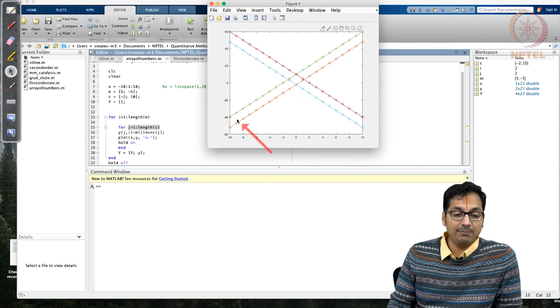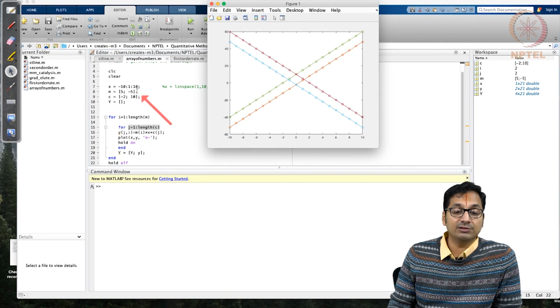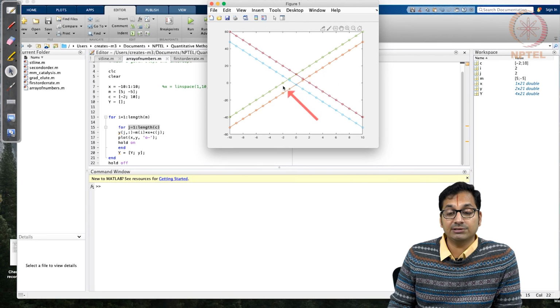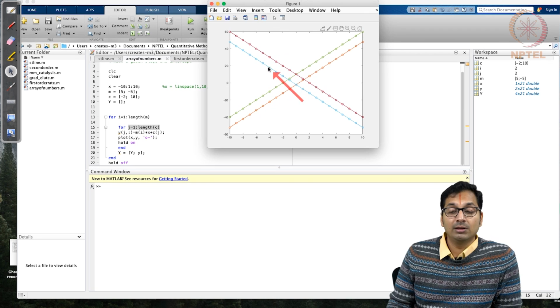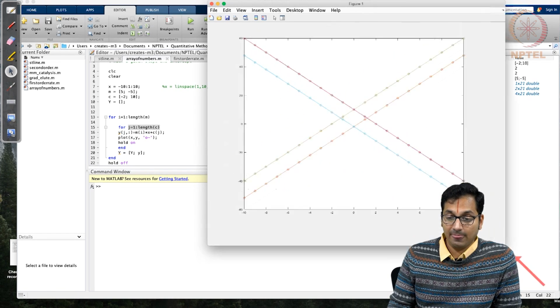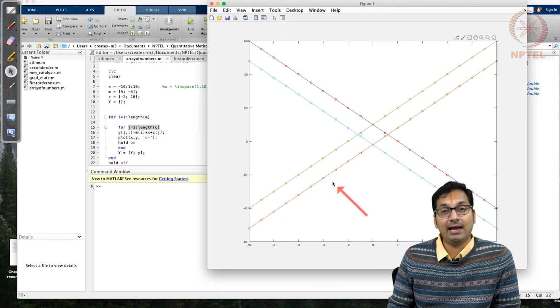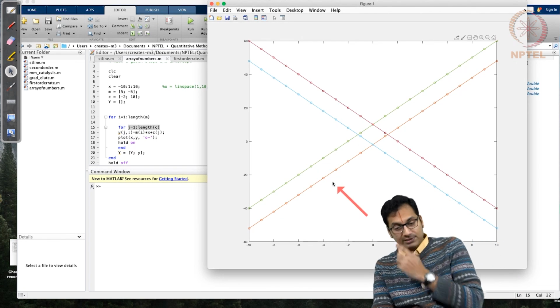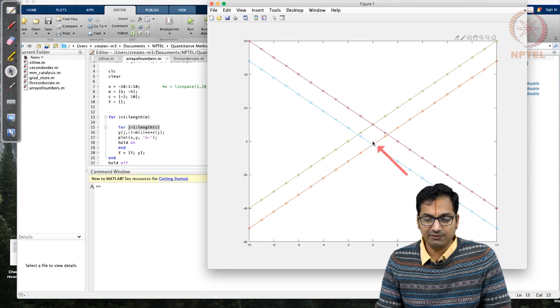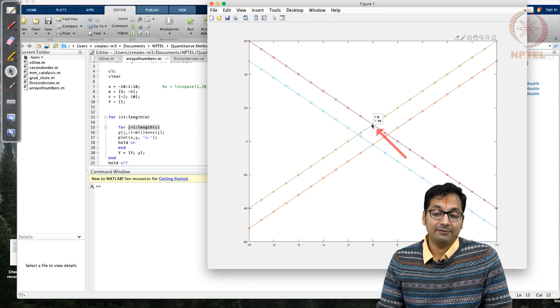What ends up happening is that for 2 different values of m, which is plus phi and minus phi: these 2 cyan and purple plots have a slope of minus phi. The green and the red have plus phi as the slope, and of course the intercept is different for all of these. For one side the intercept is minus 2, where the red and the cyan meet.